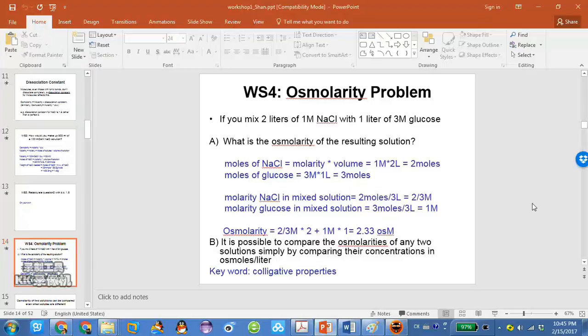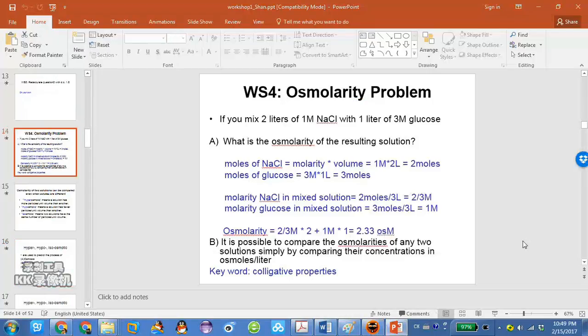When you have two solutions with different solutes in them, with different molarities, let's say you have 1 molar KCl in solution A, and 1.5 molar NaCl in solution B, simply by comparing the numbers of 1 molar and 1.5 molar, you can't reach any conclusion, unlike the colligative properties such as osmolarity. Knowing all this, we can move on to a new set of concepts called